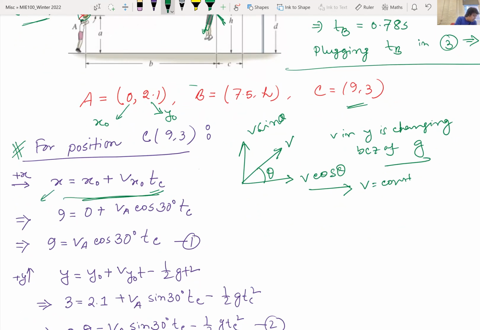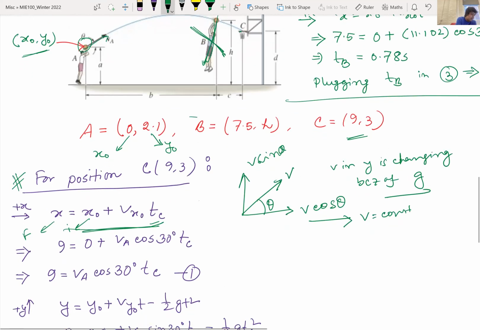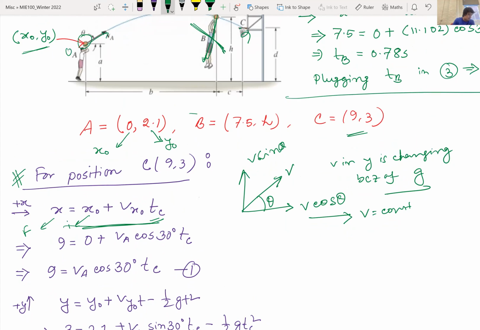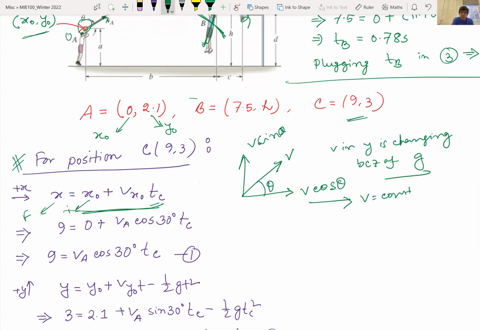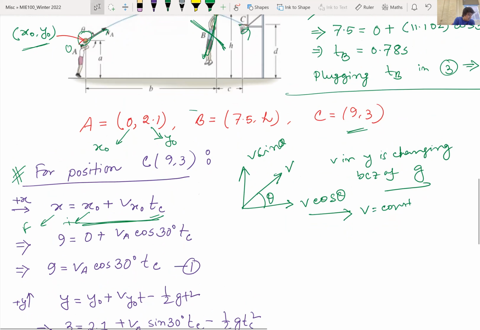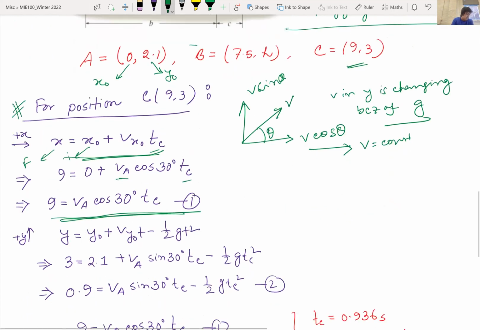So if we apply the constant velocity equation, this is what we have, right? We know the final position. We know the initial position. The final position is x equal to 9. Initial position is x equal to 0. That's what we have put. We do not know the velocity, VA. Let's consider it VA cos 30 degrees, since our theta was 30 degrees, and the time taken will be tC. So from here, you have got one equation, right? Second,